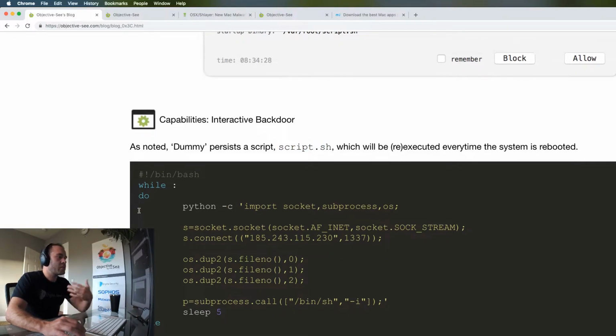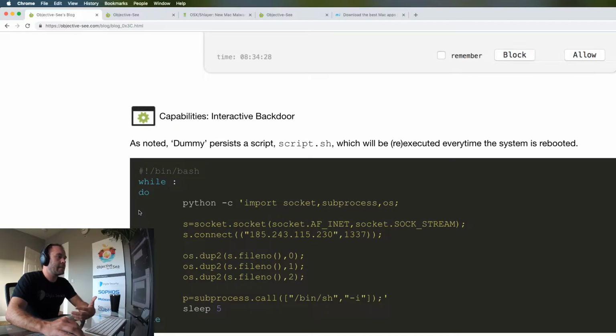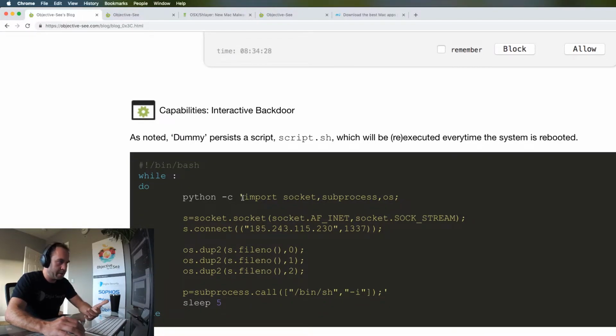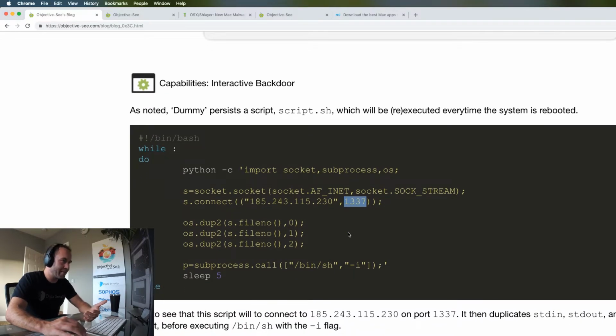And if we look at what that script does, we can see that it's a Python snippet to execute some Python code, which will connect out to a command and control server at 185.blah on port 1337, which I think is kind of funny. And then what it does is it invokes the OS dupe 2, which will duplicate the standard in, out, and error handlers